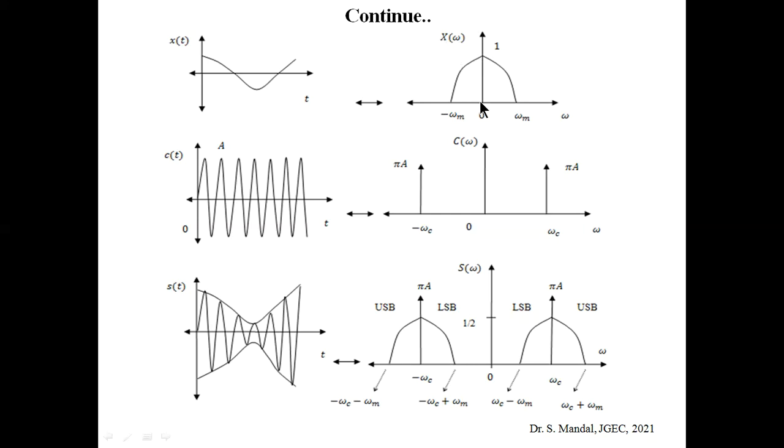You can observe that the spectrum extends from 0 to omega m, so its bandwidth is omega m. So this is basically a low pass signal. Why do we call it a low pass signal? Because its frequency is low and it extends from 0 to omega m, so its bandwidth is omega m. Clear? So this is the frequency domain representation of x(t), or the Fourier transform of x(t). Or we can simply call it the spectrum of X(omega). Fine.